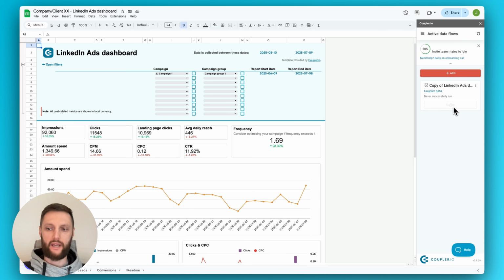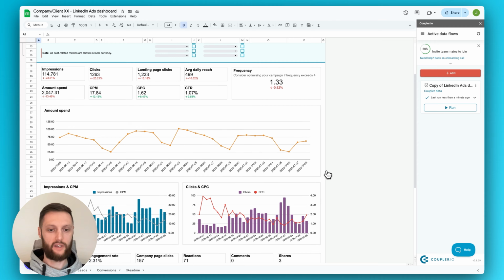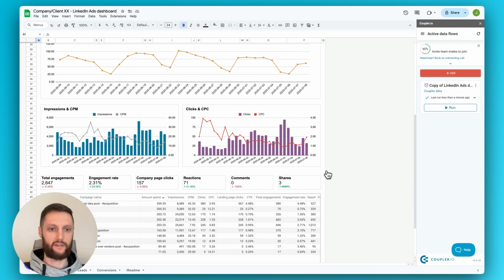For any dashboard templates, the schedule is automatically enabled to be run on a daily basis. But if you ever wanted to come back to the data flow and adjust it, it's also possible to do. So now all we have to do is just wait. Once this executes, the data will be populated with our own LinkedIn information. As you can see, it just changed. And this template is now fully